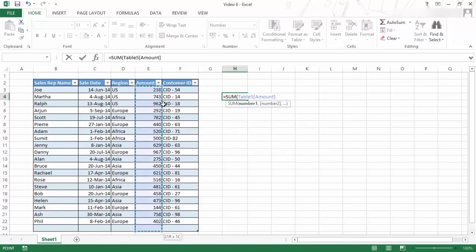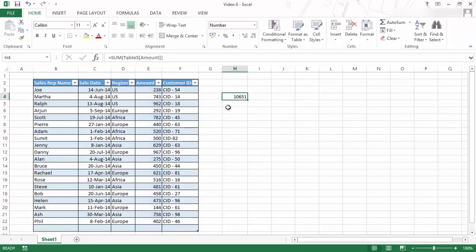So see what happens. As soon as I select this entire column, Excel has changed this reference. It becomes Table5[Amount]. Table5 is the name of this table, and Amount is the name of the column. And now when I go to the end and close this and hit enter,